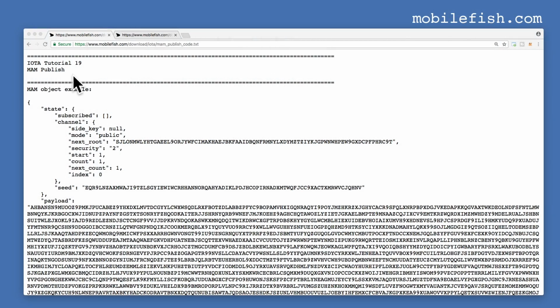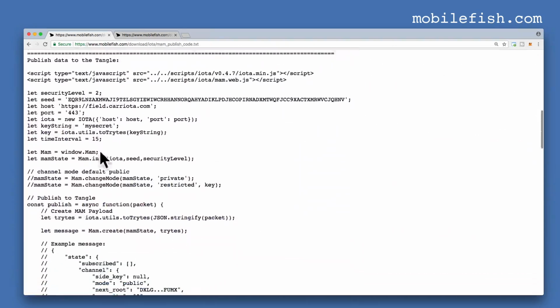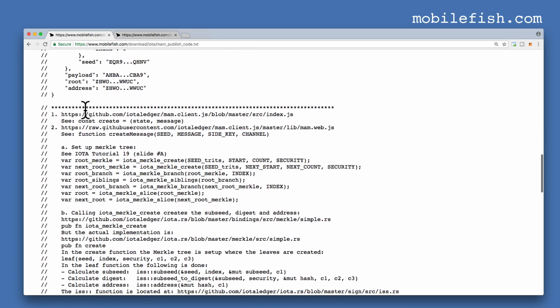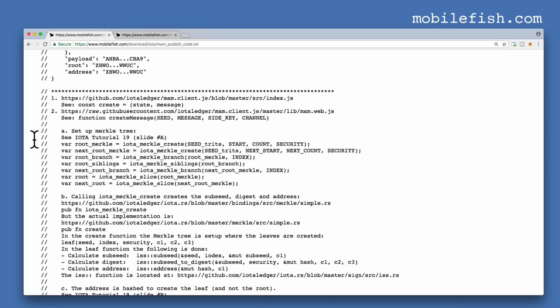This is the file for publishing data to the Tangle. The code starts here. I'm not going to discuss this code. For developers, it should be easy to understand. I have also included a lot of comments. But here are two pieces of information which developers might find useful. The first piece of information is this. If you follow this code and read this comment,